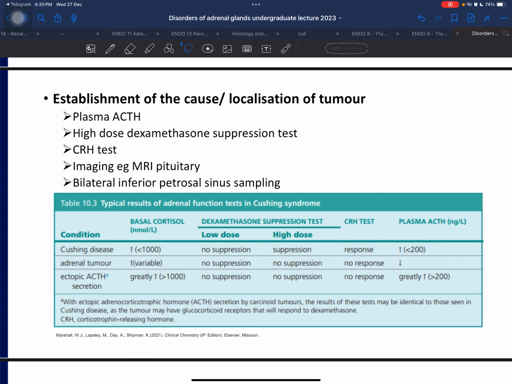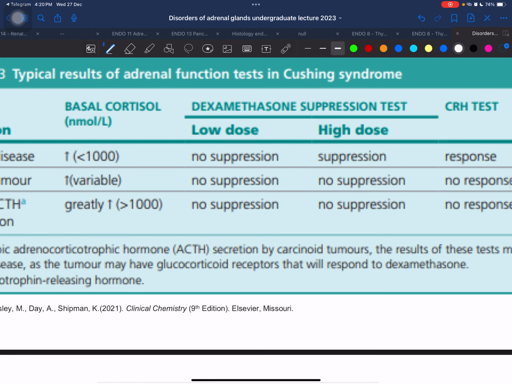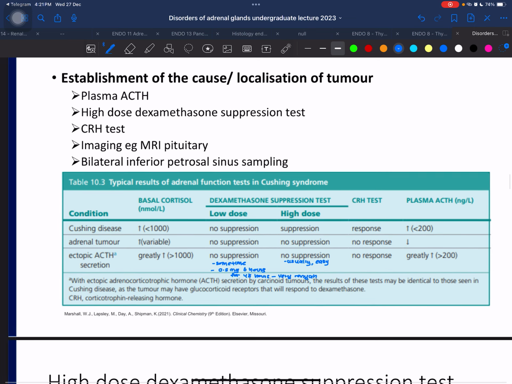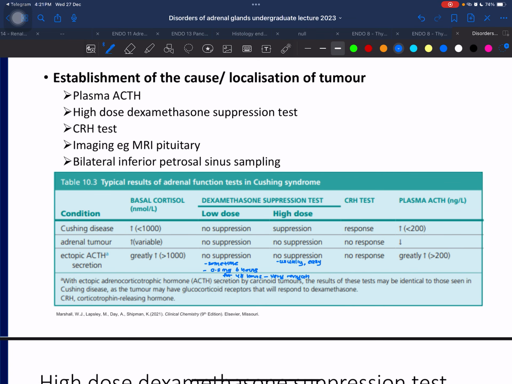Now this low dose dexamethasone suppression test, it is sometimes done by clinicians when they want a higher specificity of the test. Okay, it has slightly higher specificity than the overnight dexamethasone suppression test. Basically, you give 0.5 milligram of dexamethasone to the patient 6 hourly for a total of 48 hours, that is 2 days. Then only you sample the patient's cortisol after 48 hours. Okay, so there's the difference between ODST and LDST. I don't think you need to know in detail, but just to let you know, if you read this in certain textbooks, that you know that there's a difference, okay?